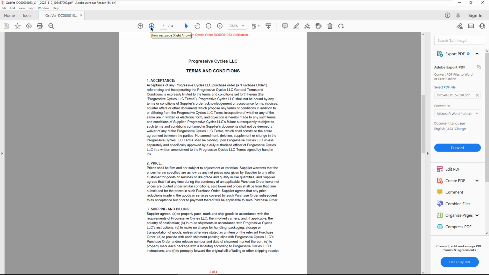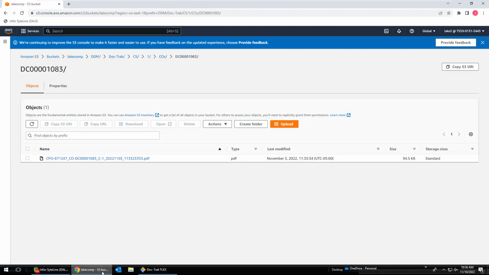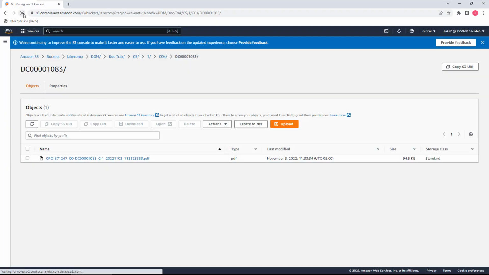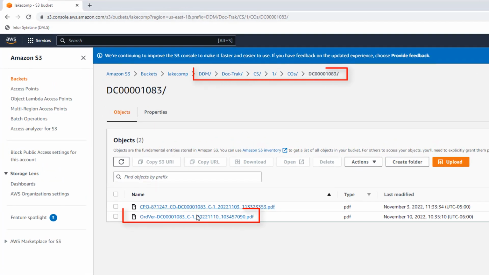You can see that it was bundled with the terms and conditions document that was stored on the file server, as well as the customer PO that was stored in S3. And you can see that it was saved with the correct path and file name too.